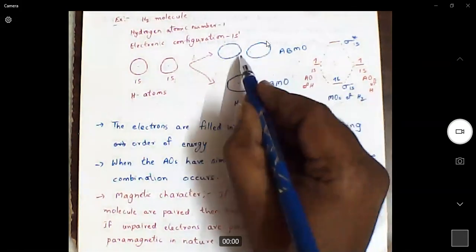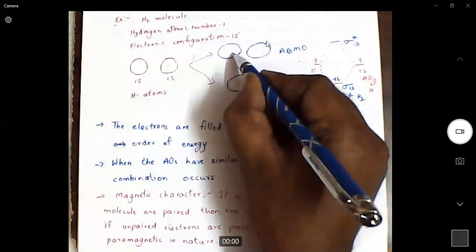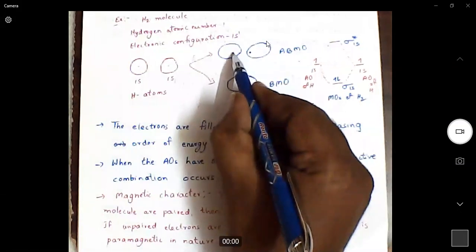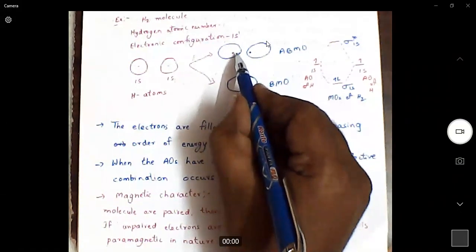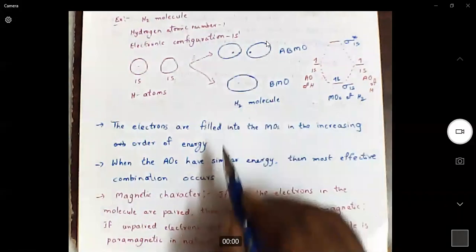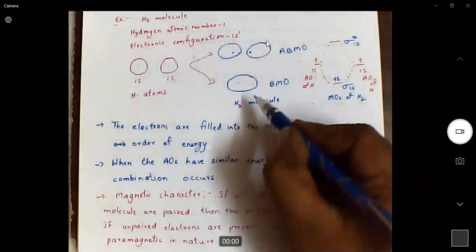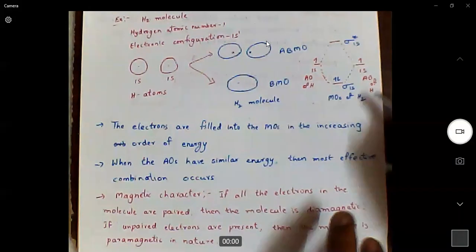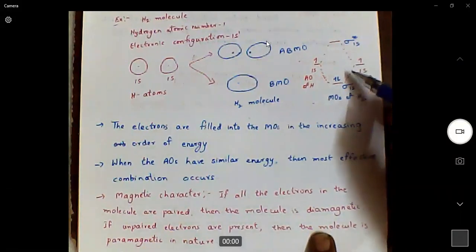When they approach with anti-bonding nature, they don't overlap. So what happens? The orbital will move away from the nucleus. See here, the nucleus is exactly at the center, whereas in the anti-bonding orbital, the nucleus is on one side of the circle, not exactly at the center. Similarly, this side. So this is what is called the LCAO approach. This is the bonding molecular orbital, this is the anti-bonding molecular orbital, and we represent the MO diagram like this.